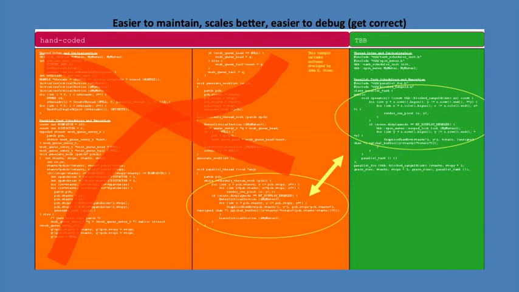One alternative to doing TBB was to use something like pthreads, or if you're on Windows, Windows threads. That means you explicitly go to the OS, you grab a thread, you run a task in it, you figure out how big the machine is, you create the threads, all of that. This